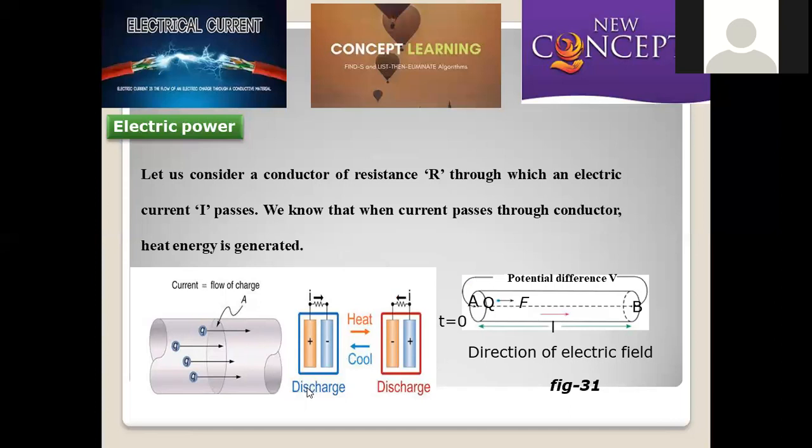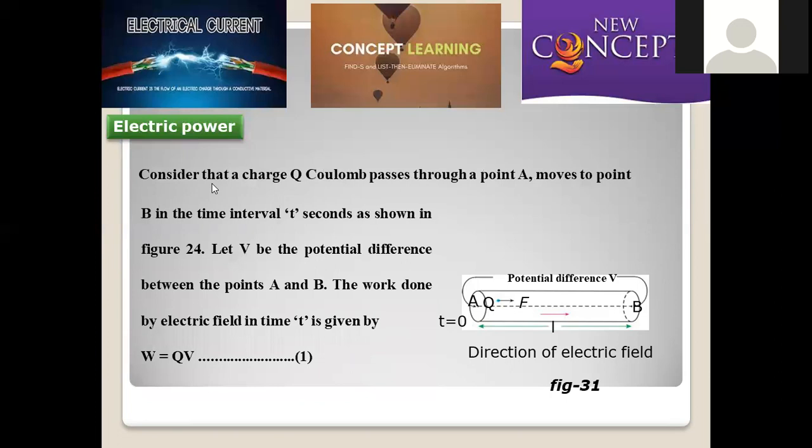It is clearly mentioned in this: during the discharging process, heat is evolved. That bulb is becoming hot during the travel of electrical current from one end to another end. So this is the fundamental thing we discussed in this slide, right? Whenever electricity with the known resistance of R and the strength of current I moves from one point to another point, there is a discharge of heat energy.